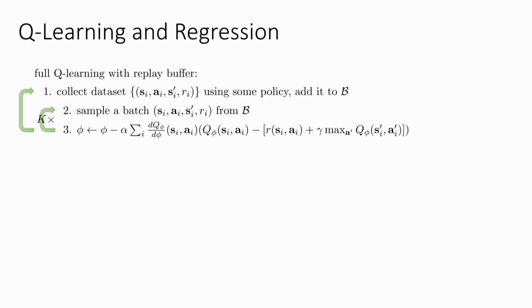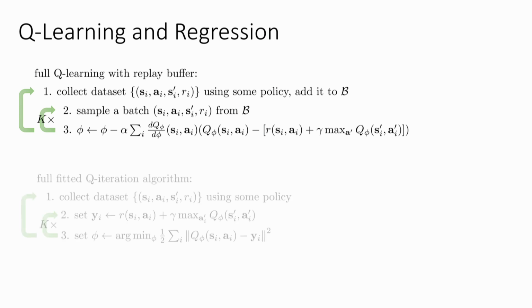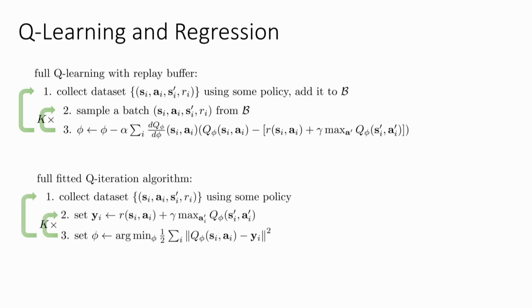Let's think about how Q-learning actually relates to regression. It kind of looks like the gradient of a regression loss, but isn't. In the fitted Q iteration algorithm, it's made a little bit more explicit. In step 3, it's actually written out as a regression problem. It says, we'll find the phi that actually minimizes this regression loss. And here in step 3, in the more online method, we're just saying, let's just do one gradient step of that. So in the fitted Q iteration algorithm, if we actually do the minimization in step 3, that is a well-defined supervised learning procedure. That thing will converge. It won't converge necessarily to a good policy. It'll converge to a Q function that's close to these targets.